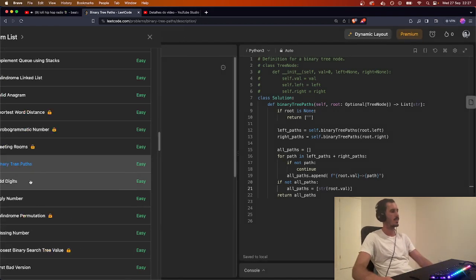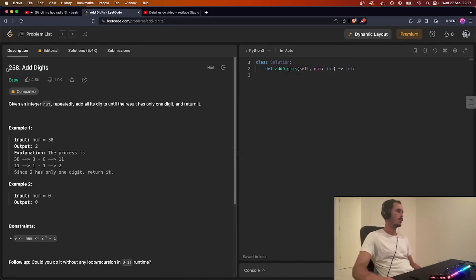Now we're going to 258, Add Digits. Given an integer num, repeatedly add all its digits until the result has only one digit and return it. So 38 is 3 plus 8, which is 11. 11 is 1 plus 1, 2. Has one digit, return it. Okay, so